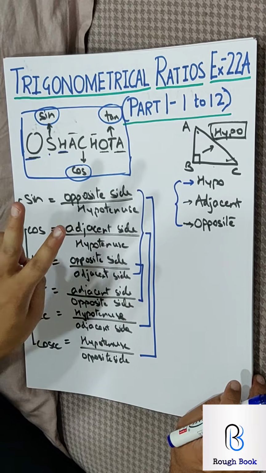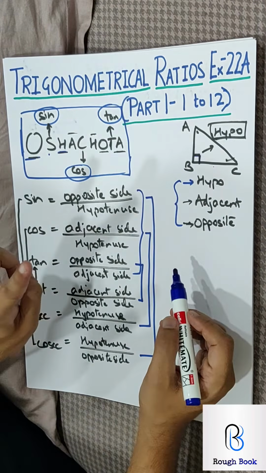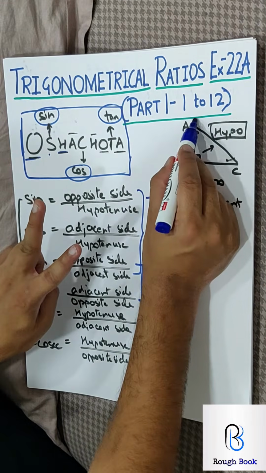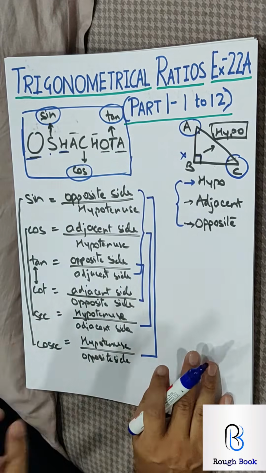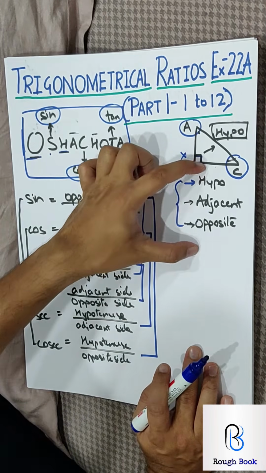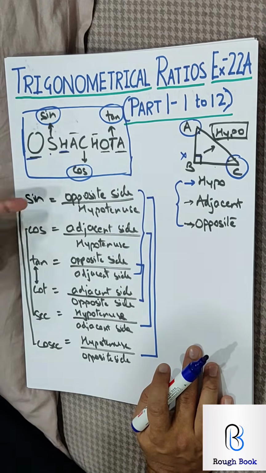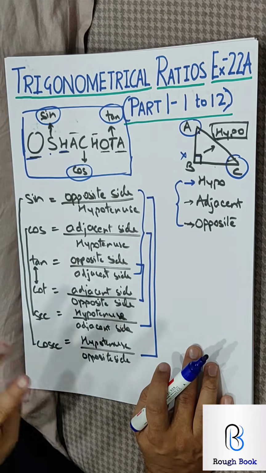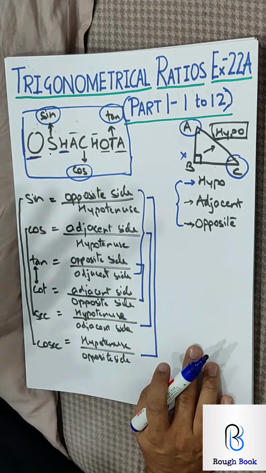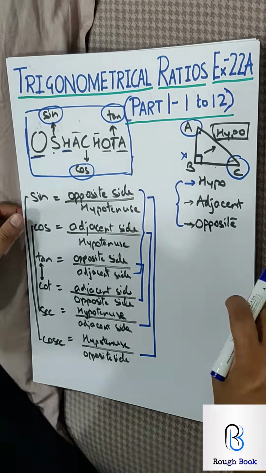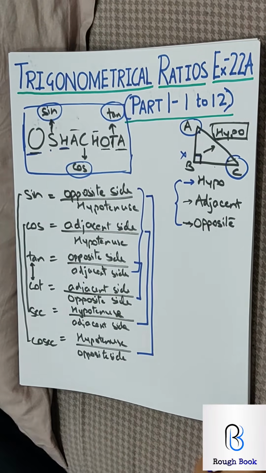So 2 thumb rules you have to remember. 1, only applicable in right angle triangle. 2, only applicable on non-right angle triangles, not on the right angle triangle. Will you remember these 2 basics? Then the hypotenuse, adjacent, opposite. Based on that are all these. You will not find anything else apart from these 3 sides. Only these 3 things. How will you remember them? Osha chota. Will you remember this keyword, everyone? This will make your entire first exercise solvable for you now.